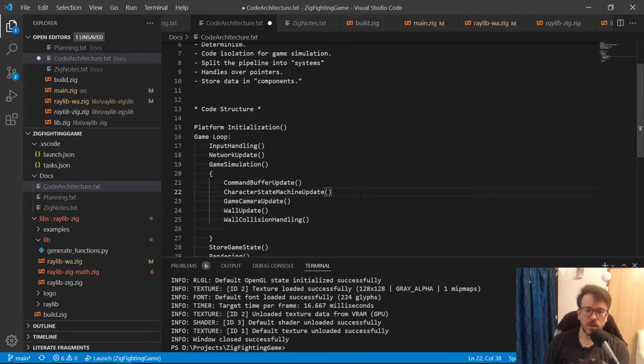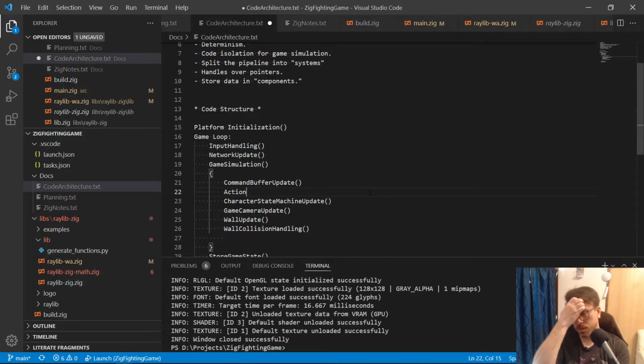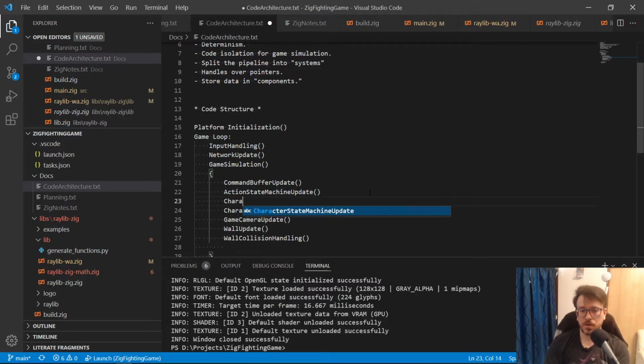So the character state machine update being before the camera is great because we'll say update all the positions and stuff here. I want to split this up a little bit, actually. I want to split it up into an action state machine update and, for now, let's say, character physics update.